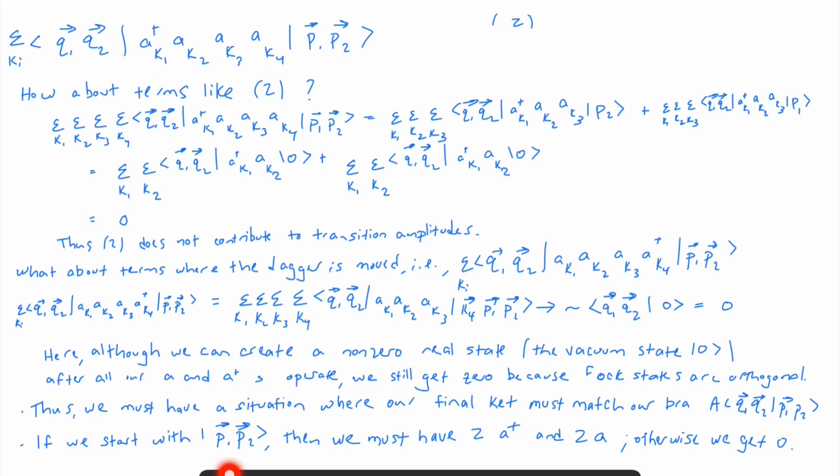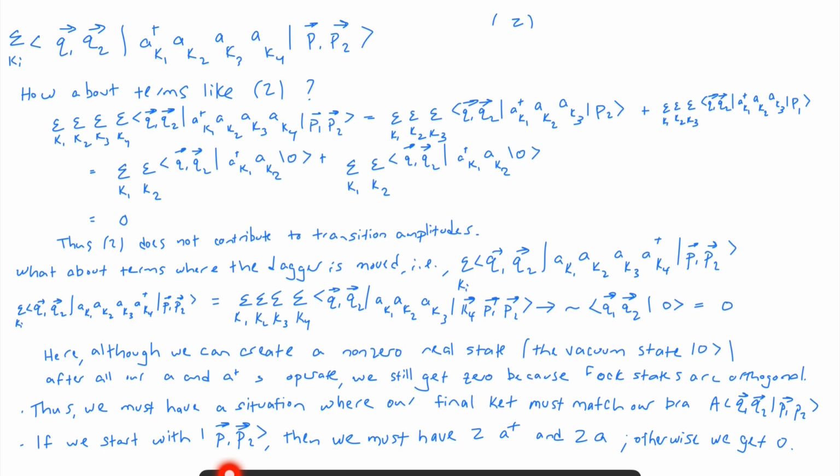So with all these combinations of A and A daggers, I basically have to have two A non-daggers, two destruction operators to destroy these two particles, and then two creation operators to act on the vacuum and recreate two particles. The only way I can have this matching the final thing here is if they both have two particles, and that requires two A daggers and two A's. So in all of these four terms from that binomial expansion,